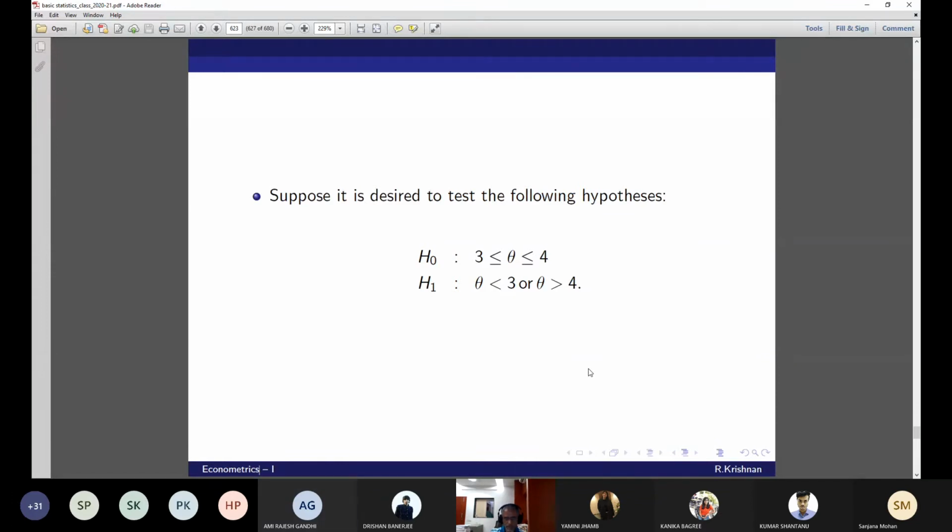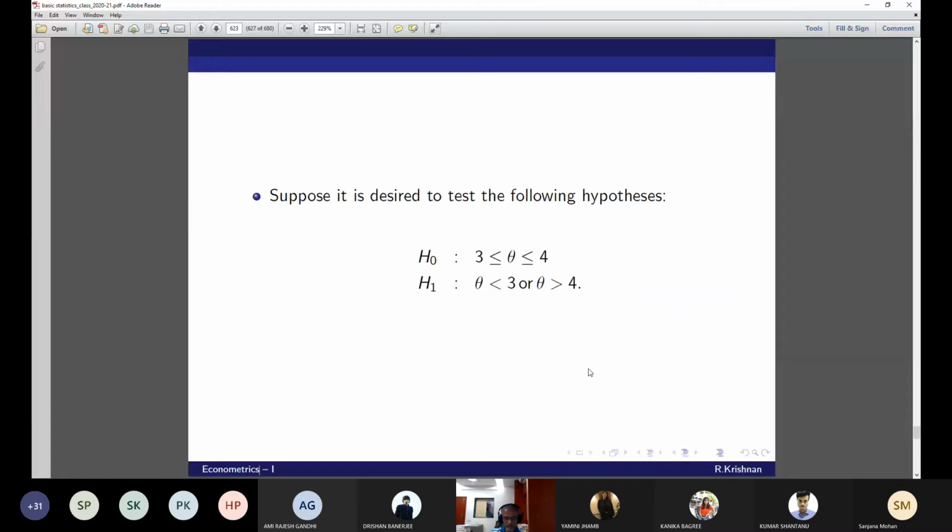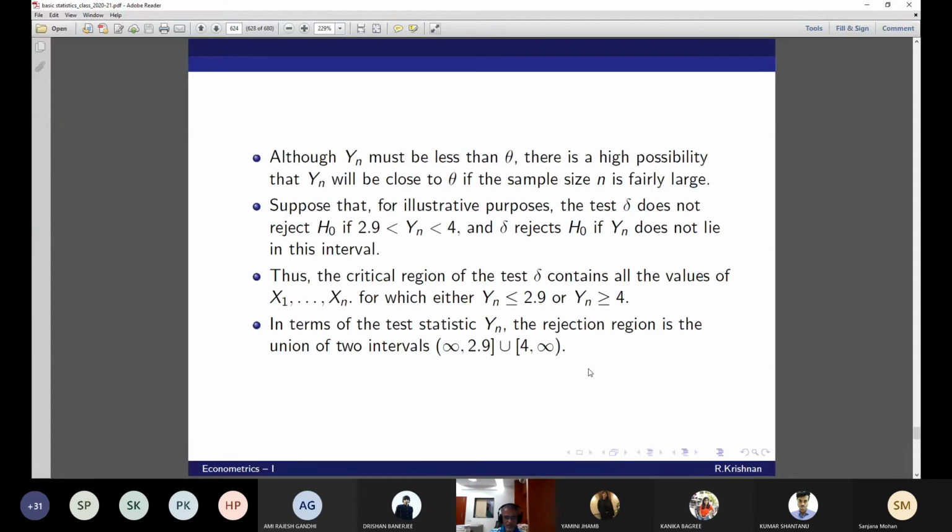Yes. My question is an intuitive question. Yn must be theta for whatever theta. Whatever value theta takes, yn also will be exactly equal to theta, the unknown parameter. My question is this: will the calculated estimator, or the estimated one, be exactly equal to the unknown parameter value theta? No, sir. It will be either low or high.